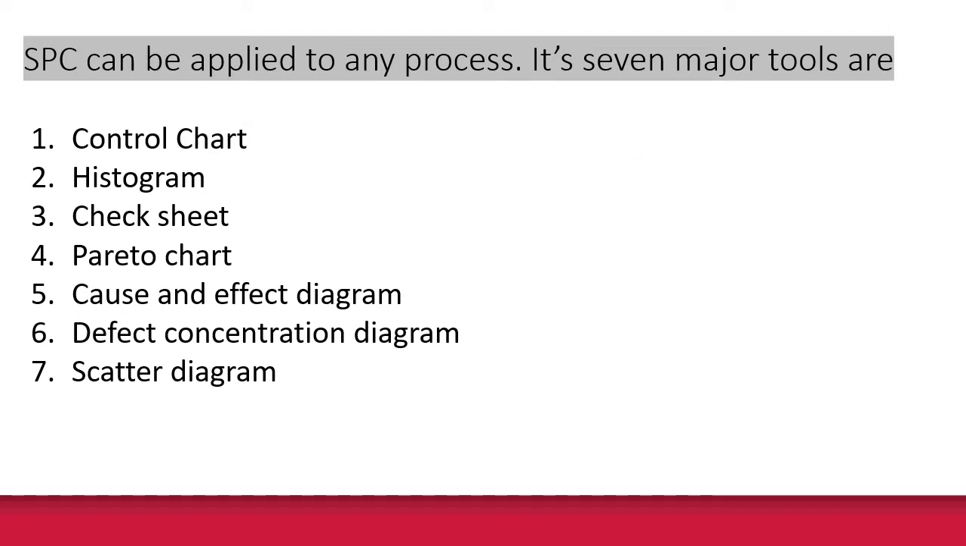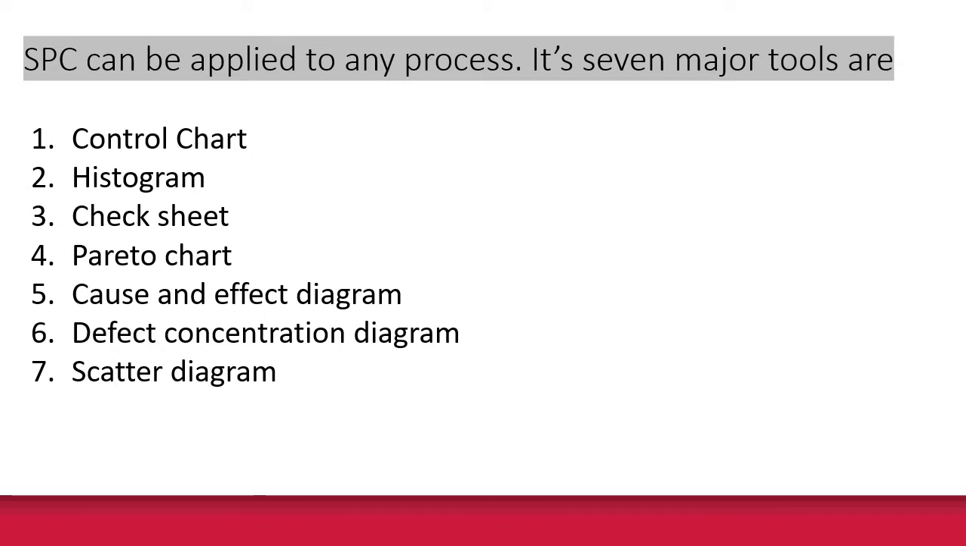So SPC, which is referred to as statistical process control, can be applied to any process. It has 7 major tools. The first and primary importance is what's known as the control chart. Then there's the histogram, the check sheet, Pareto chart, the cause and effect diagram, defect concentration diagram, and scatter diagram. Now, for any given problem, we may not use all of these, and some of these are sort of redundant. You could use a check sheet or a Pareto chart. I rarely use a defect concentration chart or a scatter diagram, but they can be used, and in certain situations,